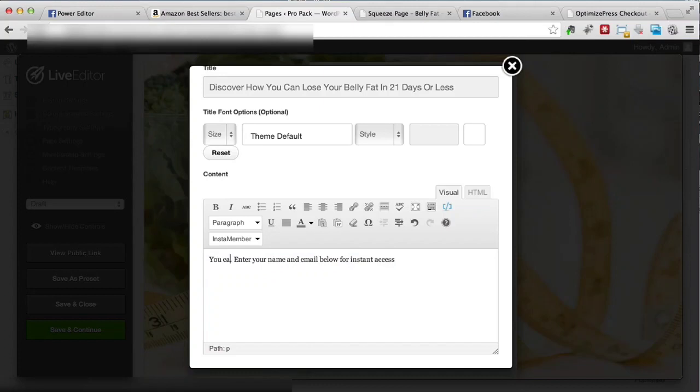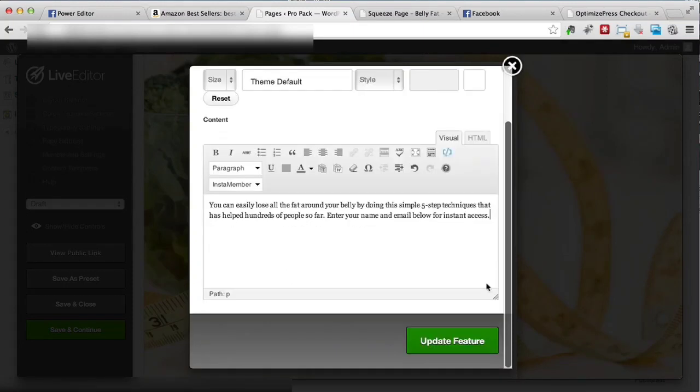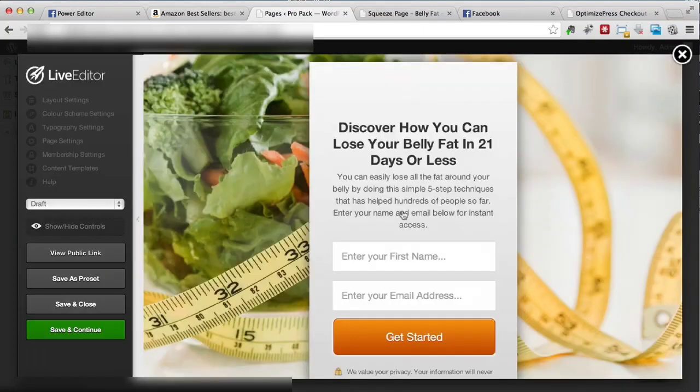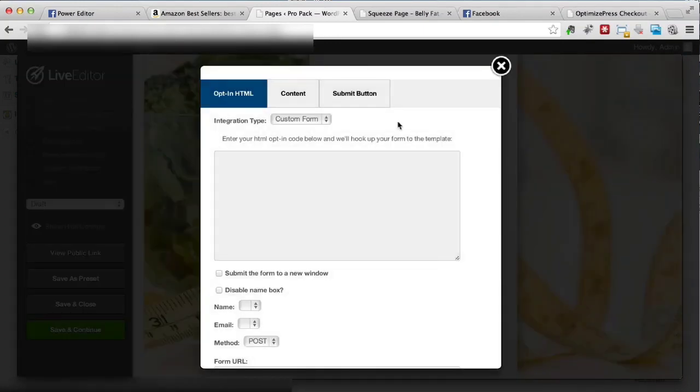You can easily lose all the fat around your belly by doing this simple 5-step technique that has helped hundreds of people so far. Enter your name and email below for instant access. Then we can just click Update Feature. Okay, here we go. So now we just have first name, and we pretty much need to copy and paste